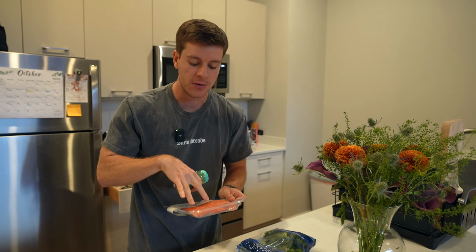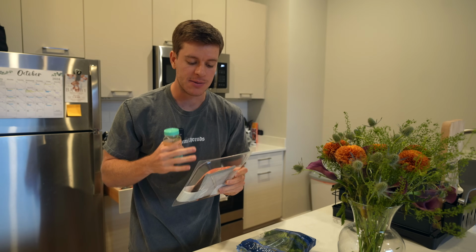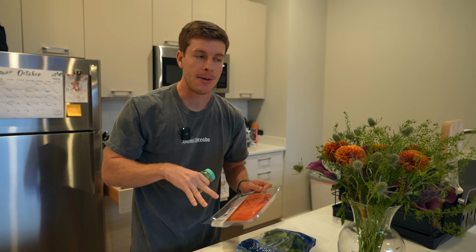I'm also gonna cook up both fillets. It is 1 pound total. I assume each fillet is probably about 8 ounces, 16 ounces in a pound. I'm only gonna have one fillet. I'm not gonna eat both of these, but I'm gonna make both of these, and maybe Katie might want some,